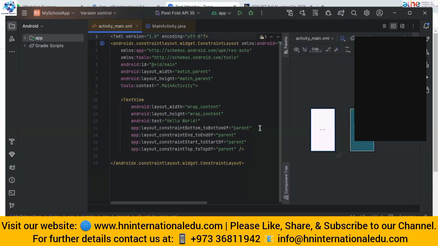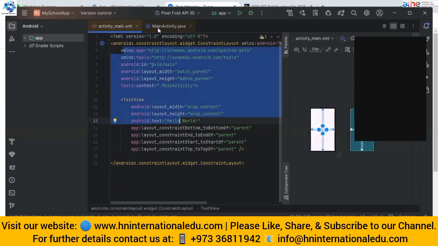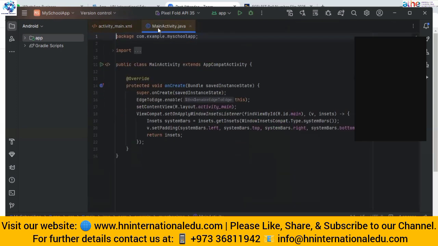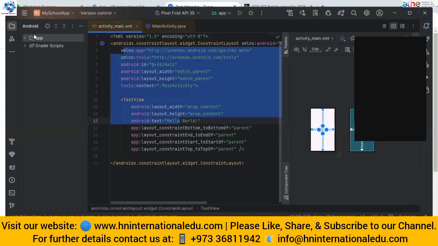Okay, so here we have to add the XML code for the screens, for different options, labels and images or buttons, whatever we want to add in the screen, we have to do in this XML file. And if we want to perform any action in the back end of the buttons, we have to add the code in this Java file. Okay, so if we see here